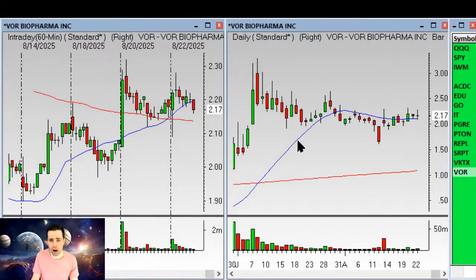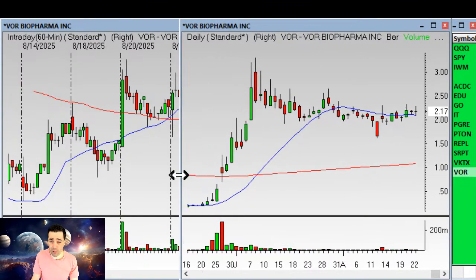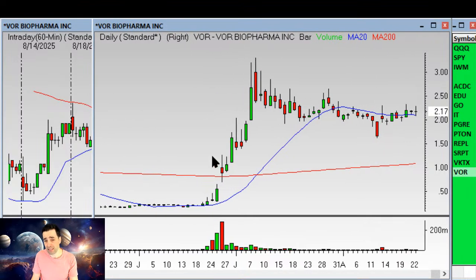VKTX we talked about. The VOR is not a tight base. The base is not very tight, but look at that breakdown failure right here and the gap up. So breakdown looks like it's going to zero. Nope, goes back up, and now it's probably headed back up, getting ready to go back up. So I like that a lot, but it's not a very tight stop, and it's not a very tight base,